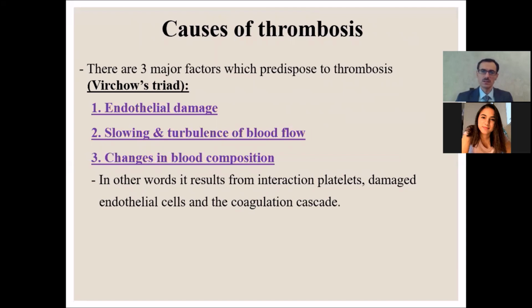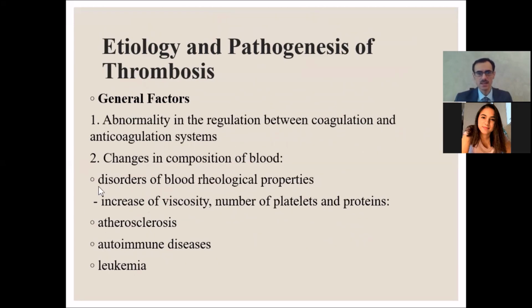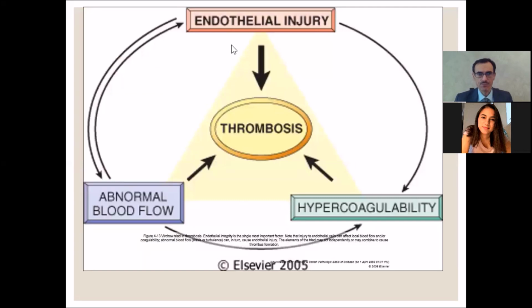So the etiology, the cause of the thrombosis: there are three major factors. We call it the Virchow's triad. First, the endothelial damage, the slowing and the turbulence of the blood flow, and the change in the blood composition. I will not focus on this pathogenesis. During the lecture, we discussed this one. And here you see the Virchow's triad: the endothelial damage, the abnormal blood flow, and the